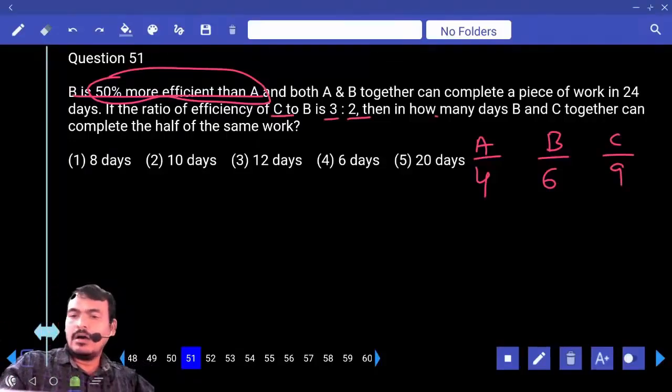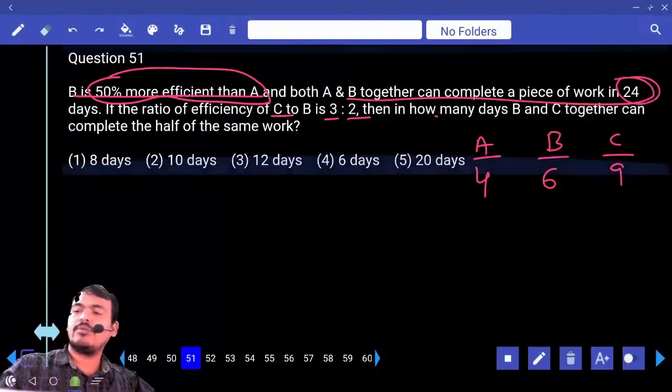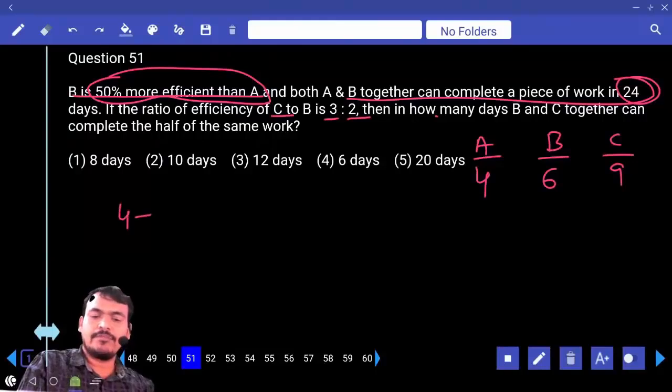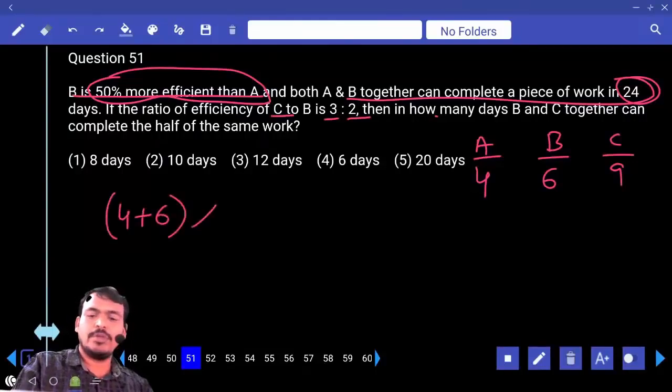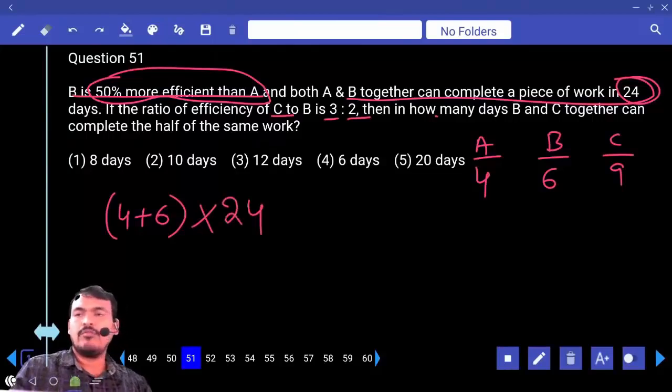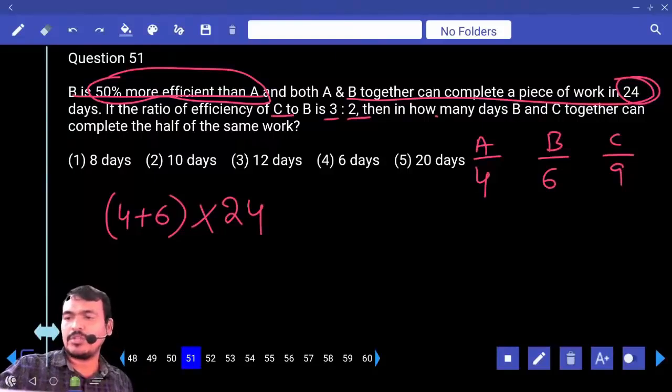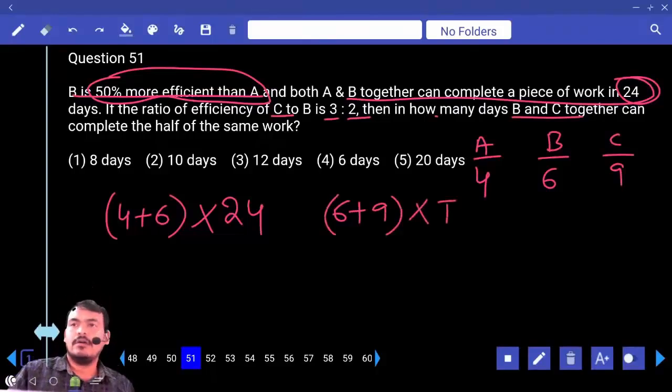But A and B together can complete the work in 24 days. What is A's efficiency? 4 parts. B's efficiency is 6 parts. Total efficiency 10 parts into 24 days. It is the work value. The same work will be completed by B and C. B's efficiency is 6 parts, C's efficiency is 9 parts, into time. Both works will be the same. Then T equal to